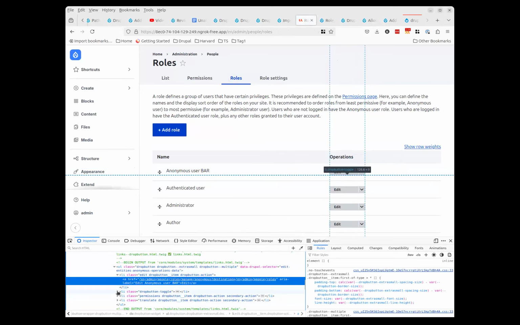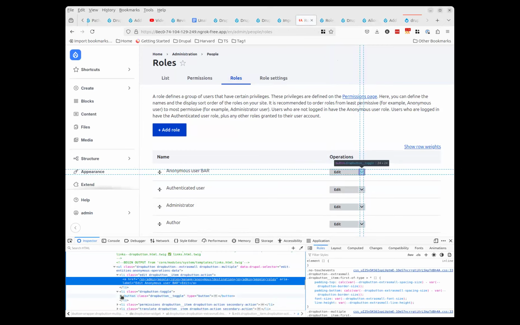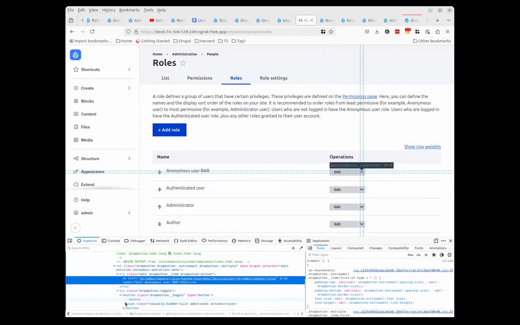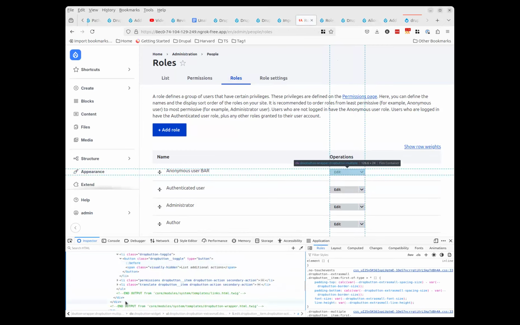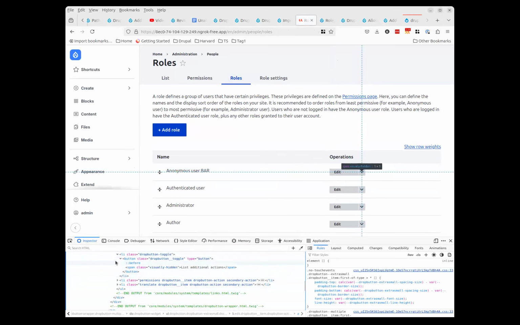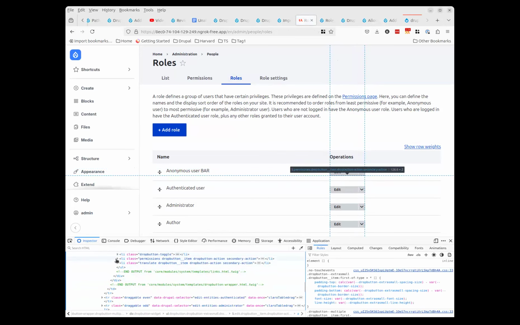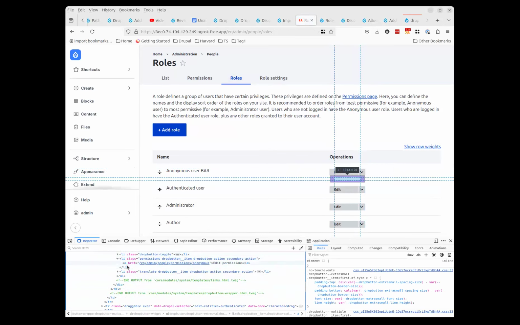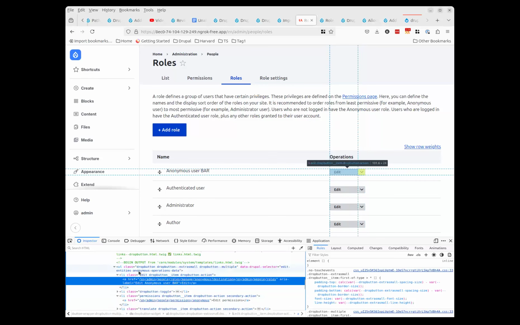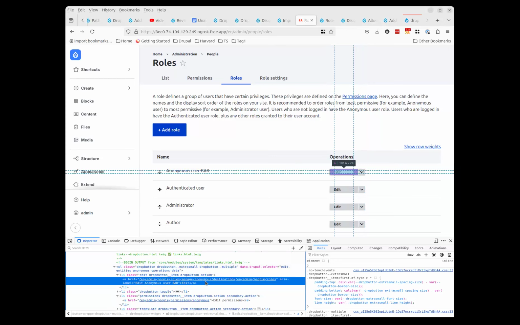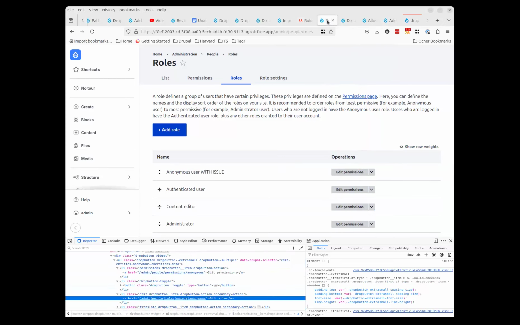Yep. And do the others have ARIA labels as well? The drop button options usually not at the moment in core. Okay, so just the default one, if I'm not completely mistaken. So the default one has an ARIA label, and the default one is edit permissions, which does not have an ARIA label. Okay.